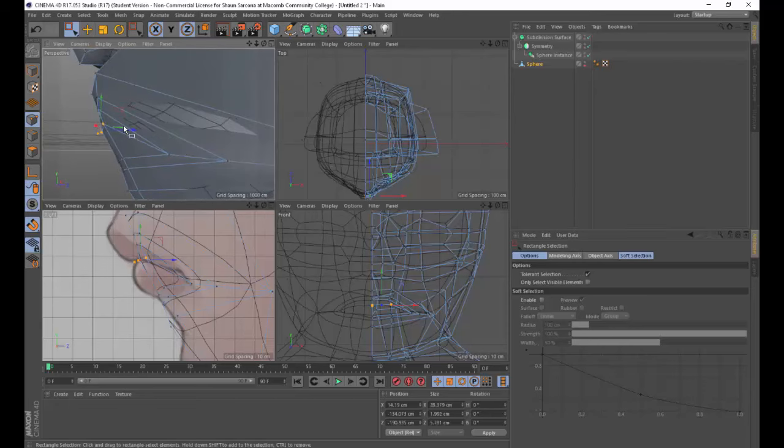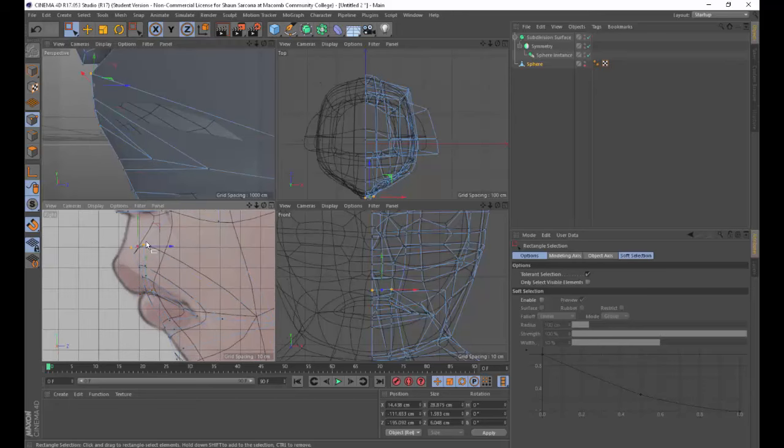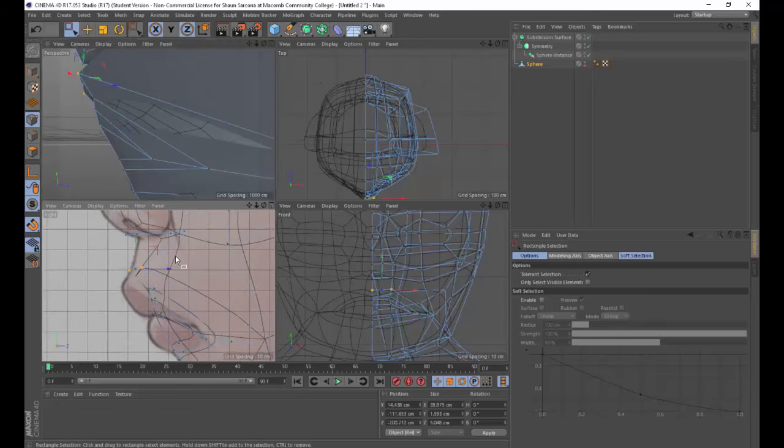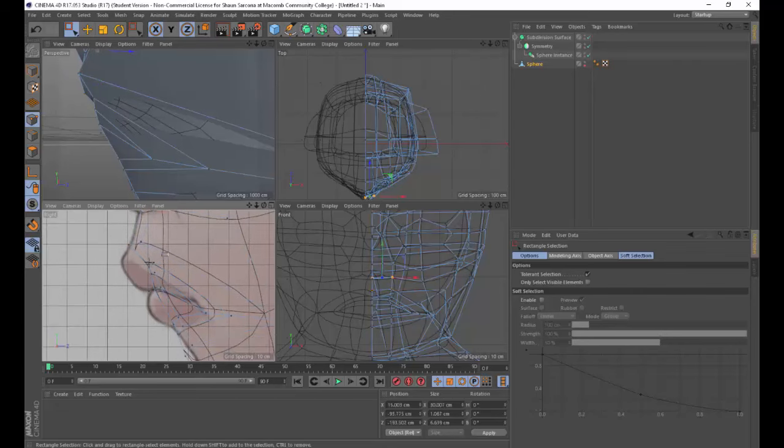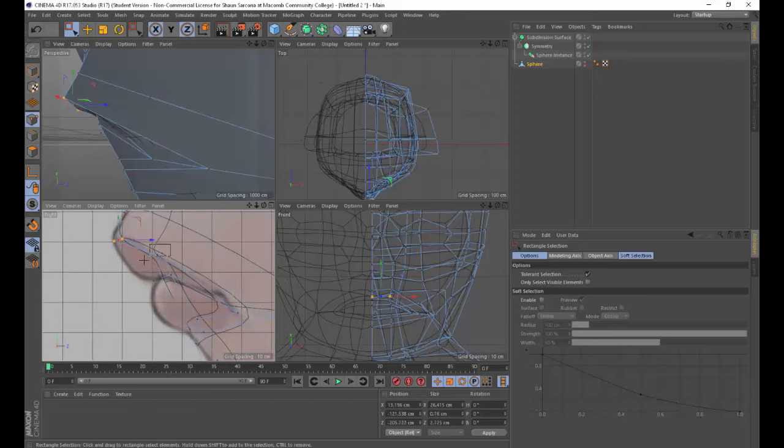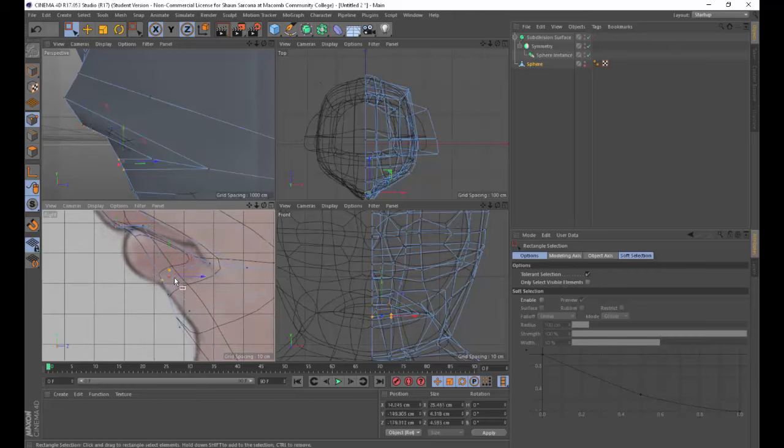So this is the upper lip here. Let's pull that out. Make sure my snap is off. So the nose area, let's pull that out some. So there's the top lip. This is going to be the bottom lip here. This is going to be